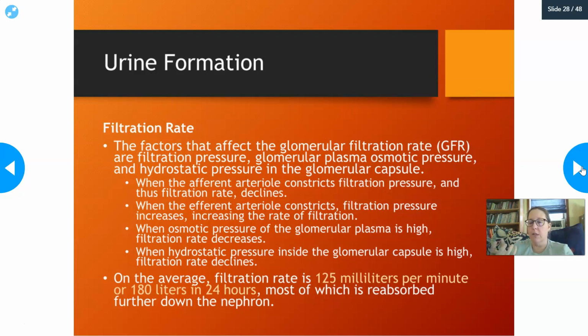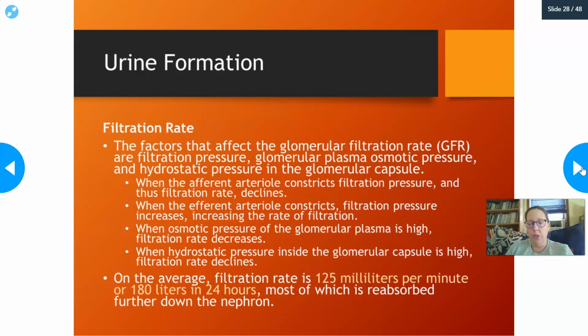So think of a kidney stone or something like that, a little bitty one, because it would be in the tubule. If you had a blockage there or a tumor or something, then that urine can't flow, and so therefore it would back up, and that particular nephron wouldn't be able to filter because there's nowhere for the fluid to go. So again, on the average, the filtration rate is 125 milliliters per minute or 180 liters in 24